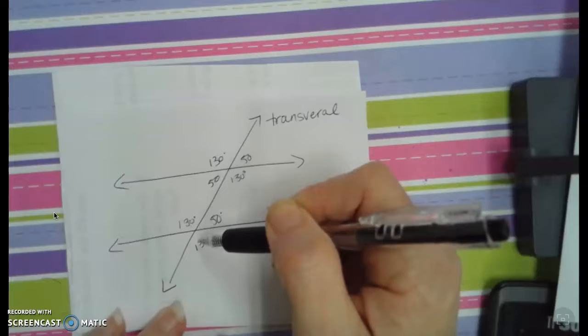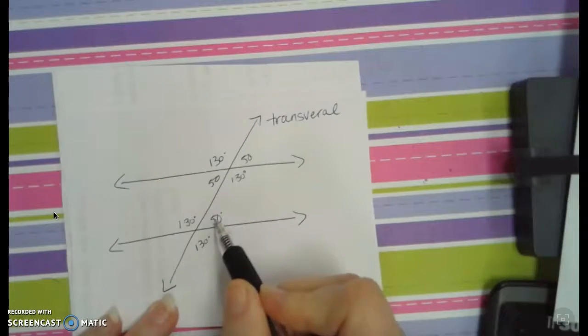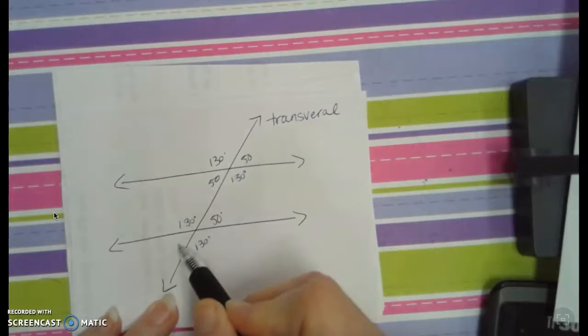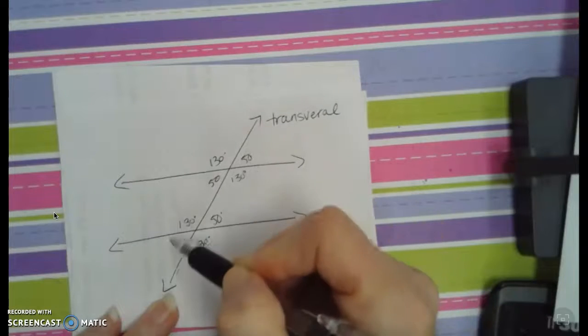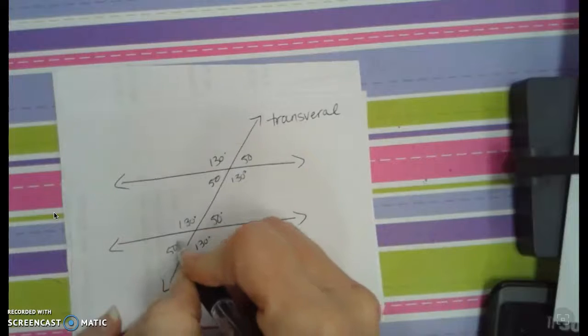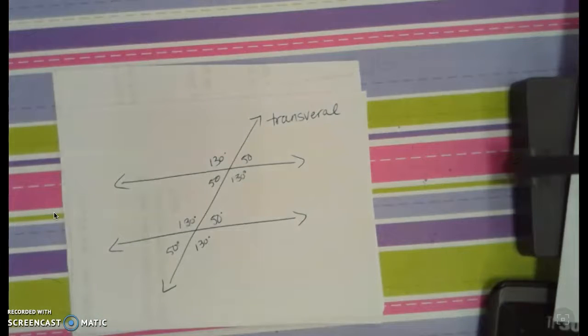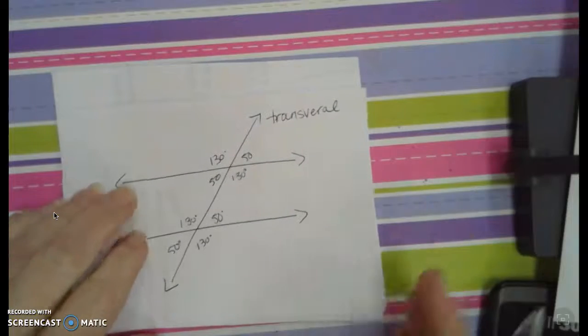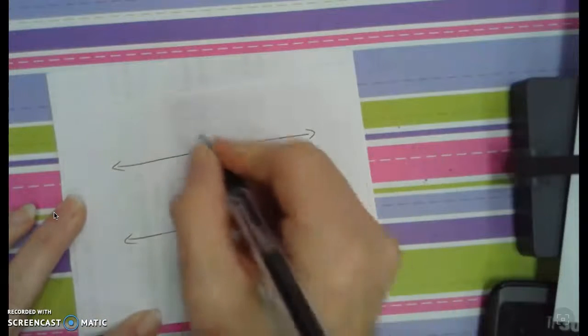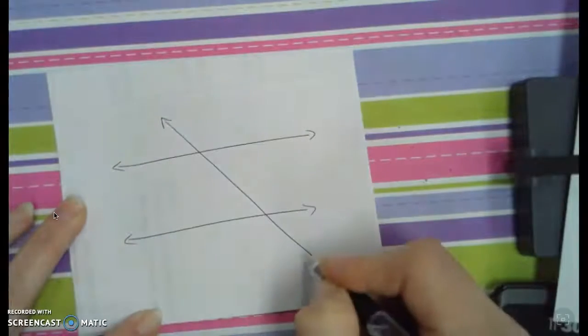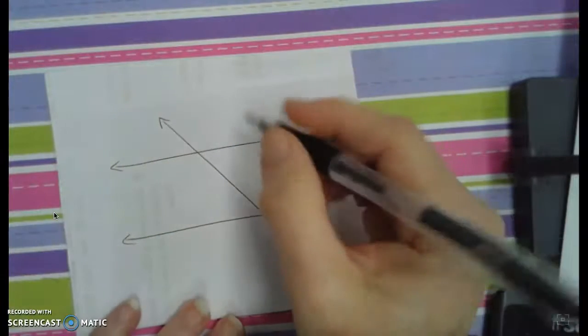So we got lots of different definitions going on here. Now we can think about these two are vertical, or we can think about alternate exterior. Stay on the outside and jump across that transversal. This is going to be 50. So we've got a lot of definitions going on. So let's just do one more real quickly. Okay, let's say that I tell you that